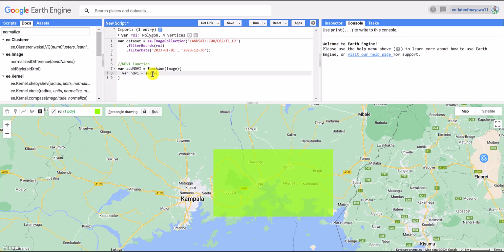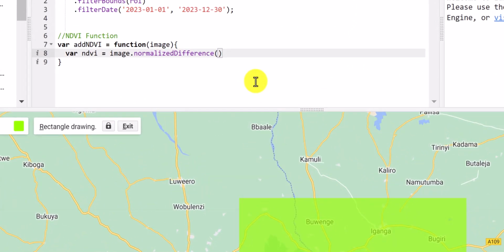Image dot, I'll paste the function. Then for NDVI for Landsat 8, the OLI, that will be band 5 and band 4, that is the near infrared and the red. So it's going to be band 5, then comma band 4,